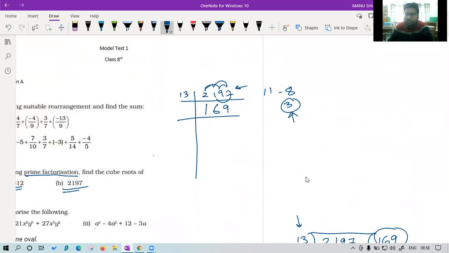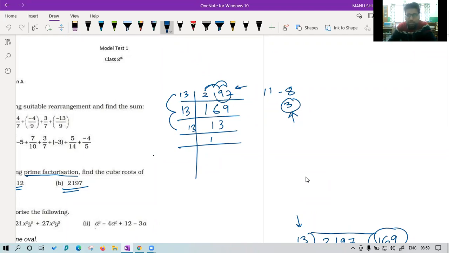Now again, if you check, it will not be divided by any number but by 13. 13 ones are 13, 3 remainder, 9 came, 13 threes are 39, and finally 13 ones are 13. So the answer is 13 cube. If you practice more questions like this, it will be easy for you, because sometimes these prime numbers, which are 13, 17, we don't get their idea directly. We have to practice these kinds of questions.